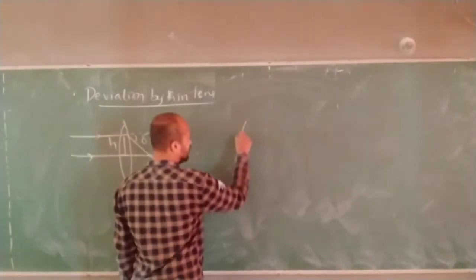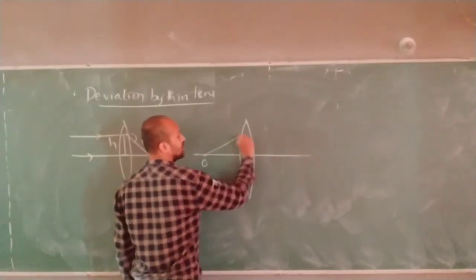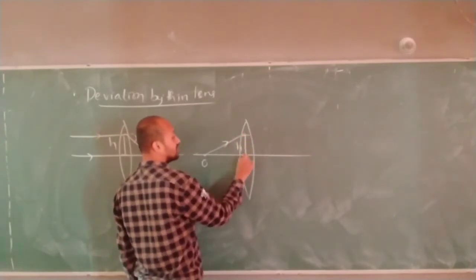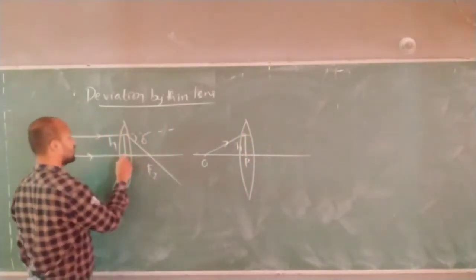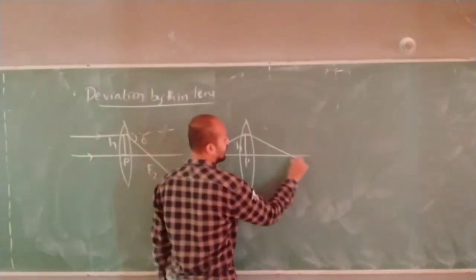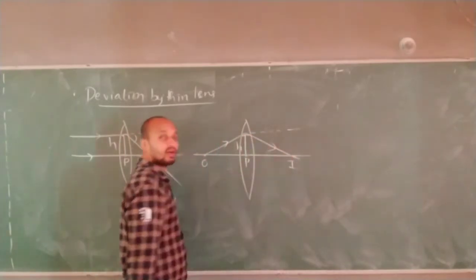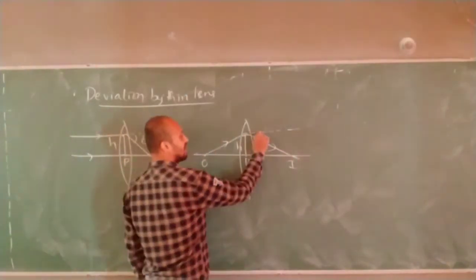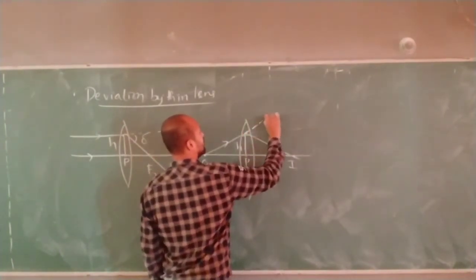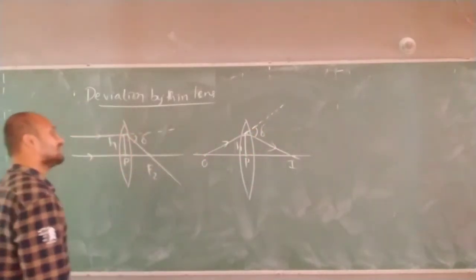And another way diagram also I can take. Let me take one convex lens, one object is placed here, one light of ray is coming here, such that this height is h. This height what I am measuring? I am measuring from the optical center. This height h. Correct now? So again think that the image is formed after getting converged. This is being applied for even concave lens also. So this angle is what? Sorry. If I extend this line, this angle is what? Deviation. You can find the deviation here.